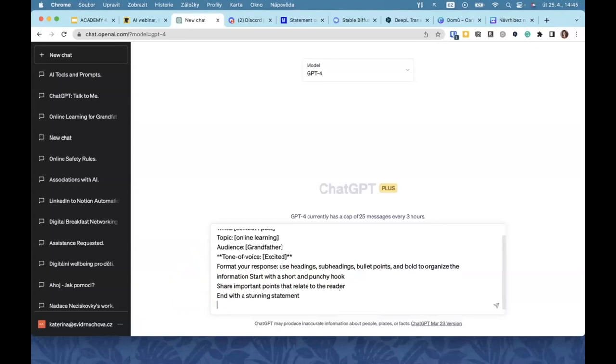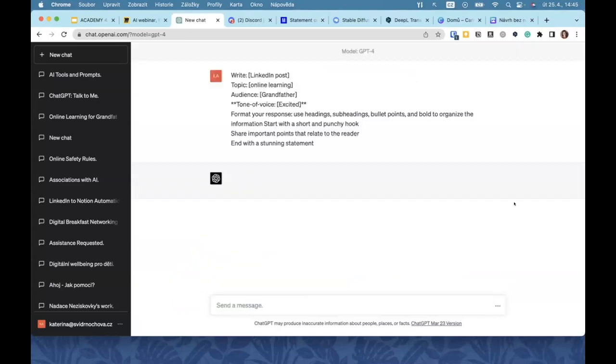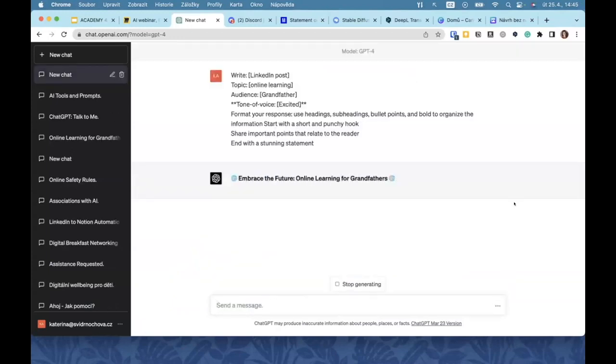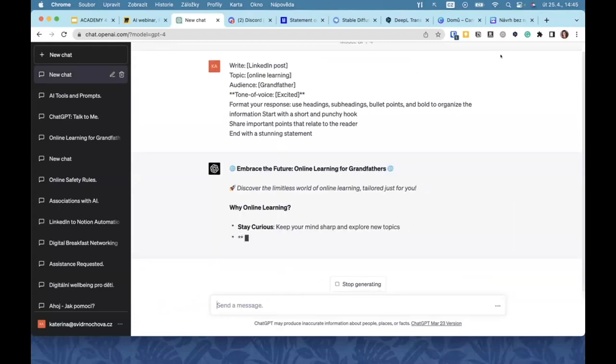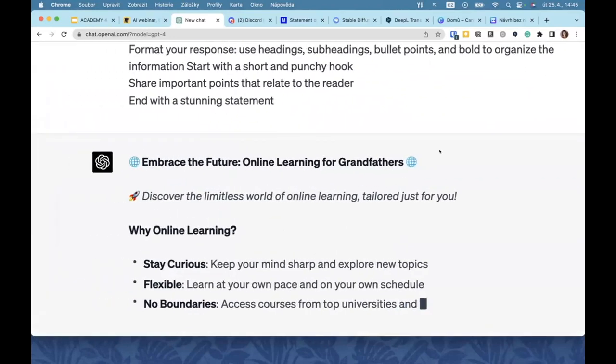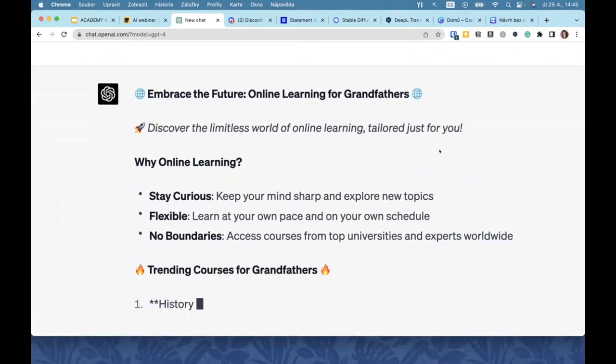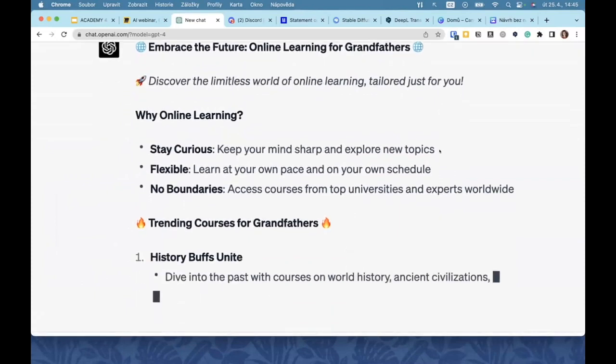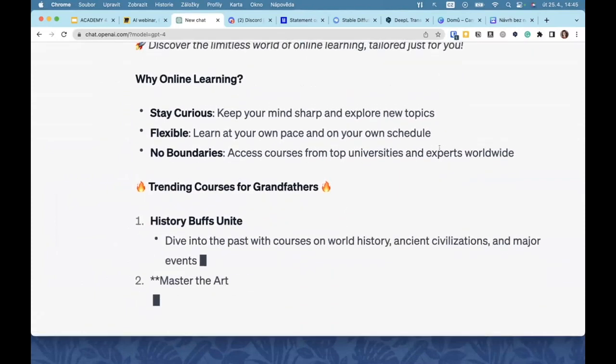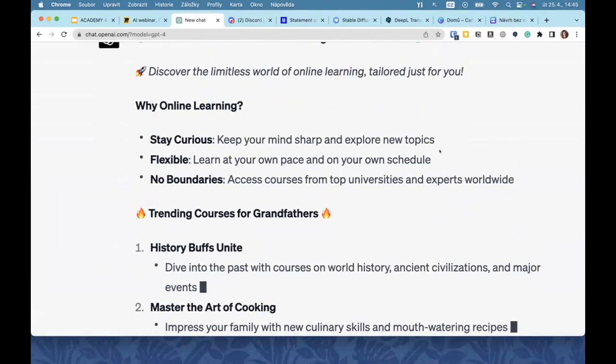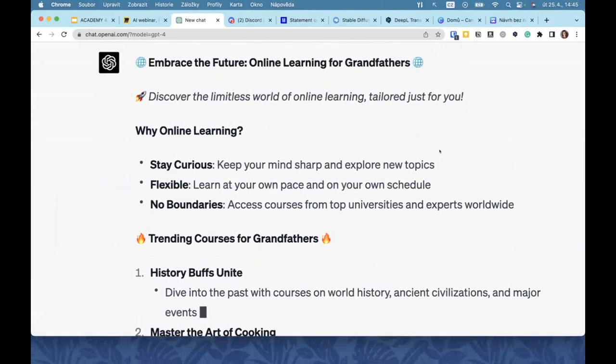So let's see what ChatGPT will create. Now it's running. So we can see, I will zoom it a little bit. In my prompt, I didn't tell her that she should use some emojis.